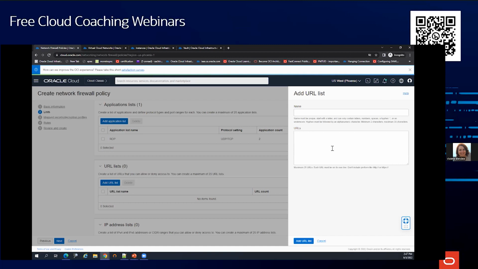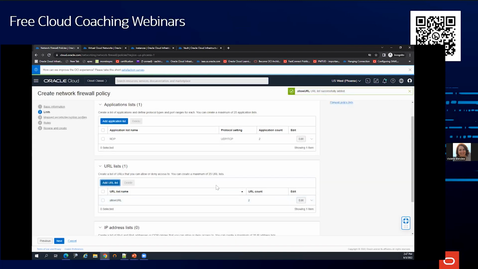Suppose I want my users who are using workloads on OCI, for the outgoing traffic over the internet gateway to the internet, to access only oracle.com, or suppose facebook.com, and not to access linkedin.com, for job searching while working in some other company. So I'll add a URL list for the allow. I'll call it allow URL, and add a wildcard *.oracle.com, and www.facebook.com, which they can access. So I'll create it, add URL list.